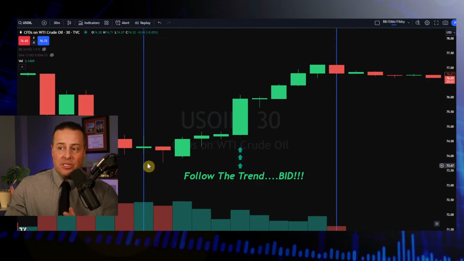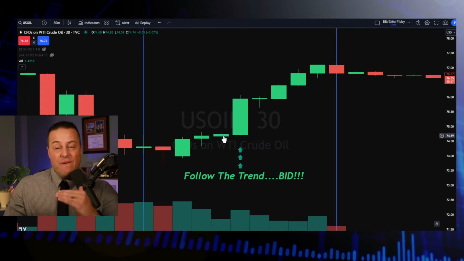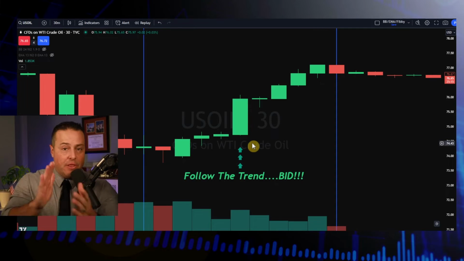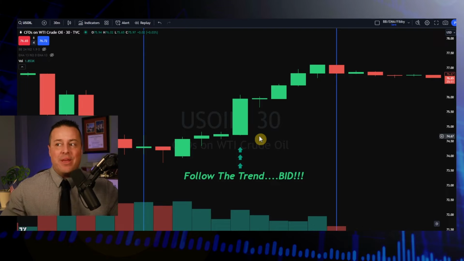So as you can see, our trading day starts. We go flat largely for the first 90 minutes of the session. Then we finally get some bullish pressure, flatten out for the next hour, and then we are off to the races. Finally, we get the big bullish price action. So now our job is to find a way into this trend. The intraday trend is up. We want to bid. We want to buy the market.